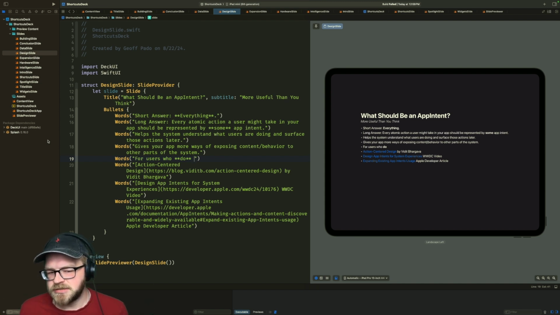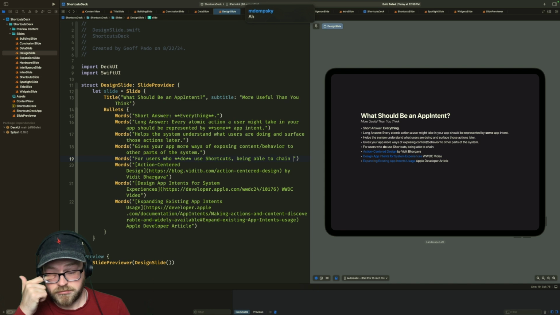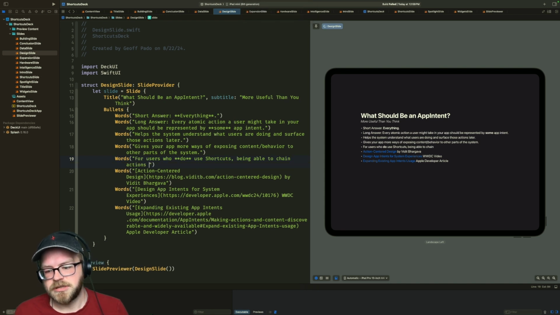What this talk is about is, no, it's more than just shortcuts. But still, for users who do use shortcuts, being able to chain actions makes custom workflows possible.